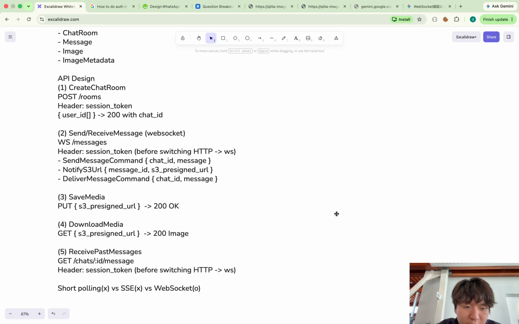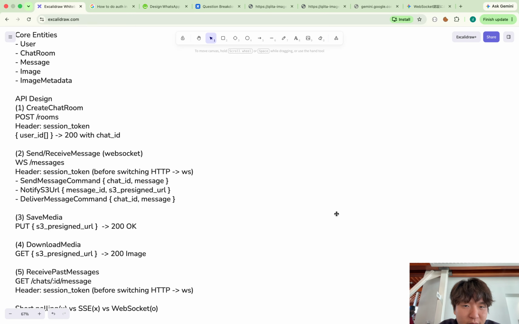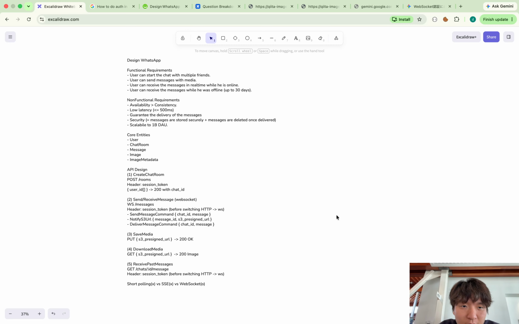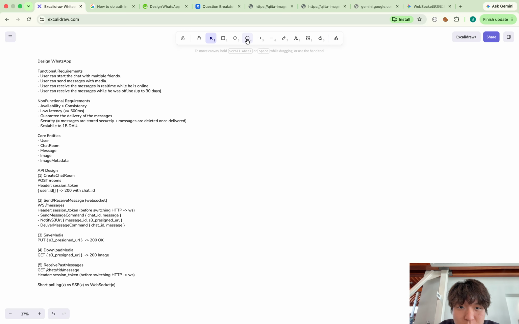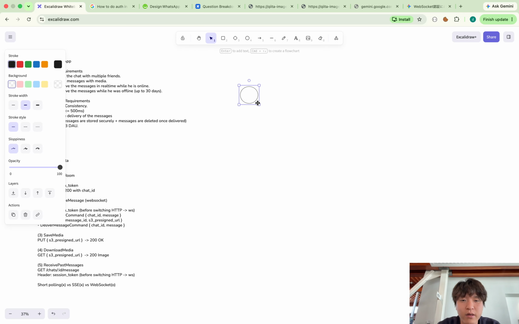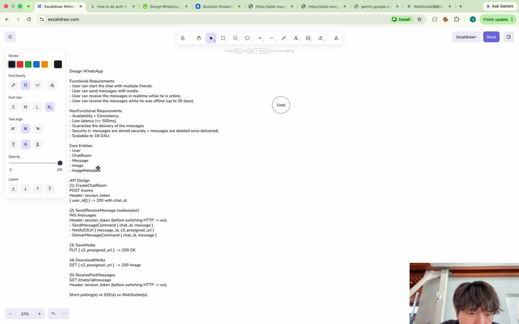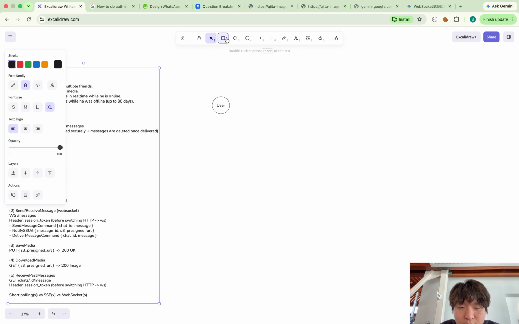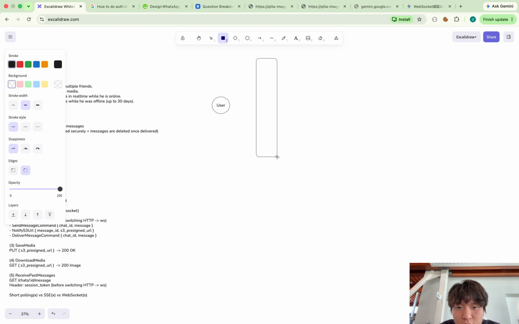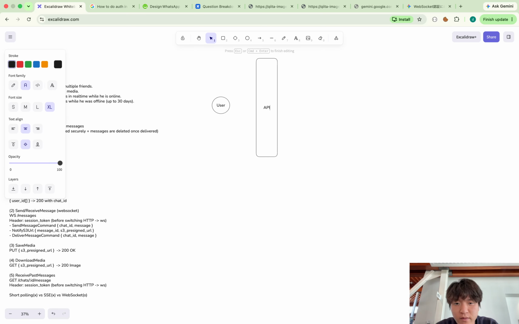Sorry, my camera was off, but now I will do the high-level design. There is a user, or I should say the front-end app, and I will start with create chat room. I do a microservice architecture here, and there are some justifications.